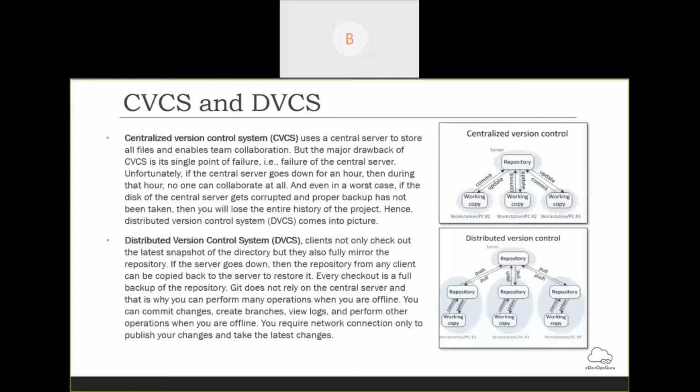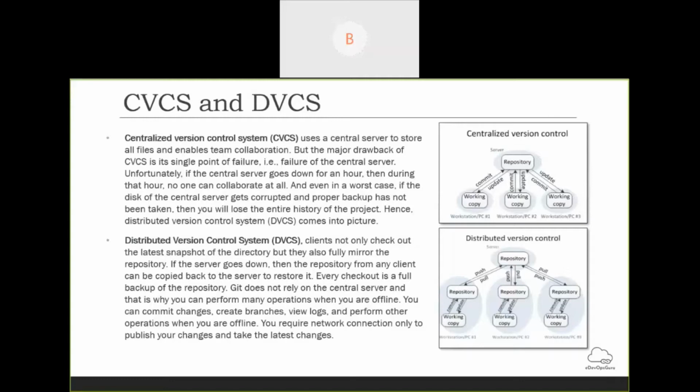Whatever changes, updates, or creating branches, everything can be done on their local machine. Only at the time of pushing your local code to the remote repository do we need internet connectivity.